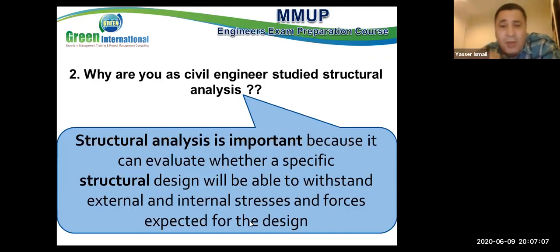There are particular methods: we collect the analysis and get all the reactions. From the reactions, we draw the shear force diagram, normal force diagram, and moment diagram. In the end, we collect the internal forces, which are shear force, normal force, and moment, and after that we calculate the internal stress. From the internal stresses, we take these values and design the section: how much steel area, what the section type is, and what the dimensions of the section are. All of this is related to structural analysis knowledge.